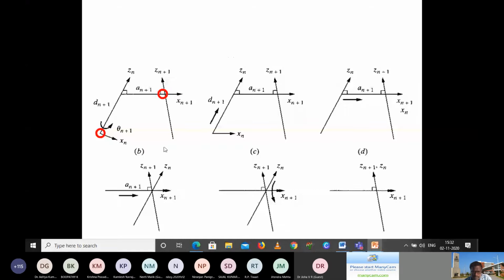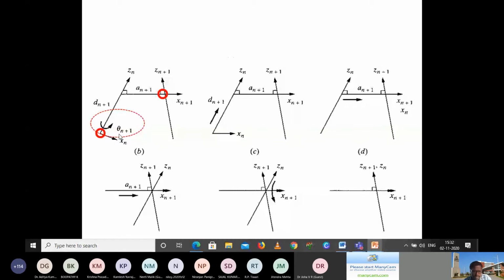So once that is done, this and this are parallel, then I am having only the distance of this much. That is from an plus 1 to Xn, that is the distance along z axis, just now I told you, dn plus 1. So when I am moving dn plus 1 along z axis, this point will go and align here. You can see in this third sketch. So Xn and Xn plus 1 will align in the same point. Only the thing is Zn and Zn plus 1 are not aligned. I'm sorry, it is not clear. So now I want to explain again.